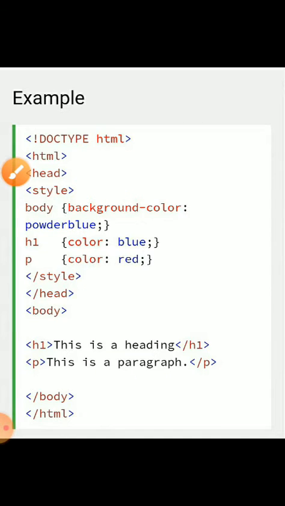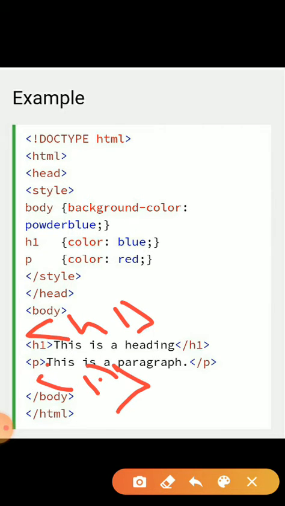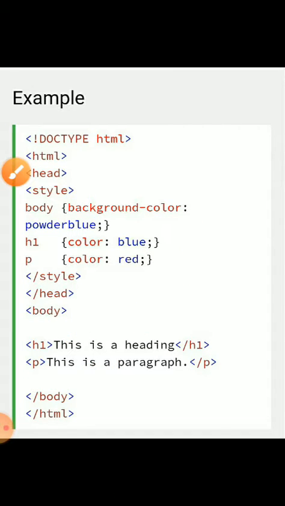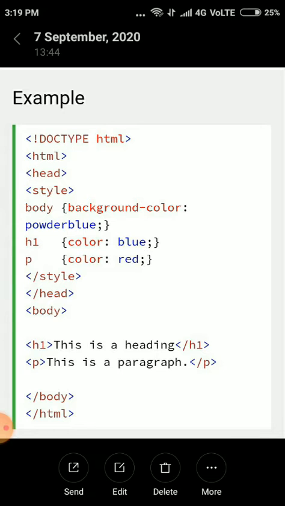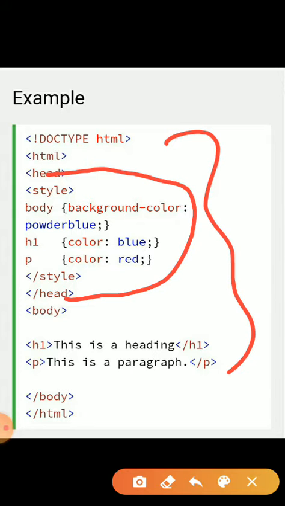Suppose if I give more than one h1 or more than one paragraph element, it will automatically change the color to blue and red according to the style given here. These types of style, whatever we insert inside the head tag, are called internal CSS.